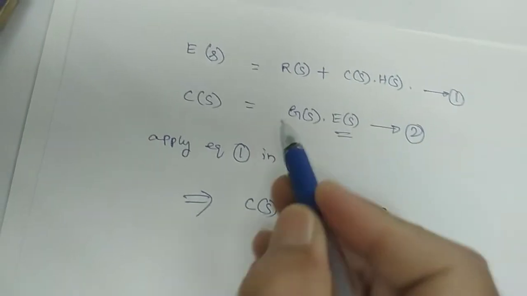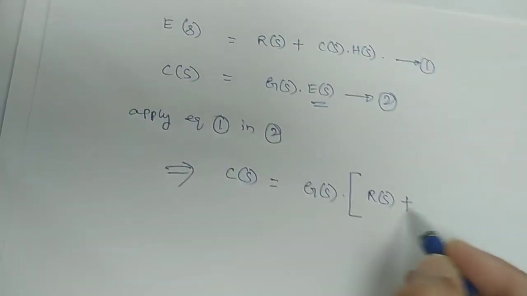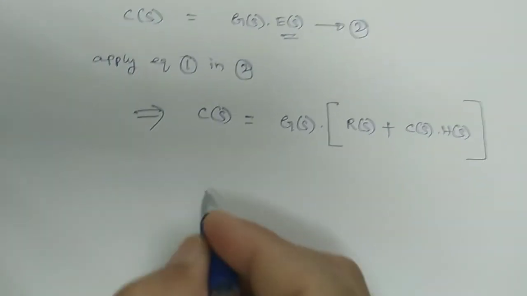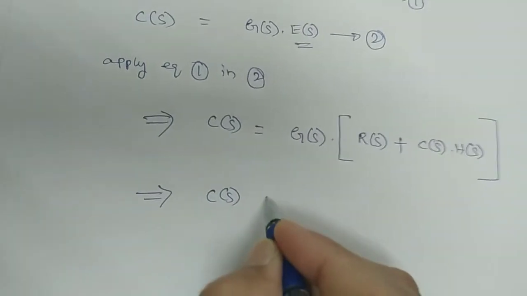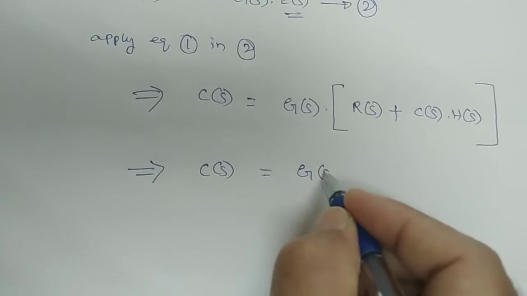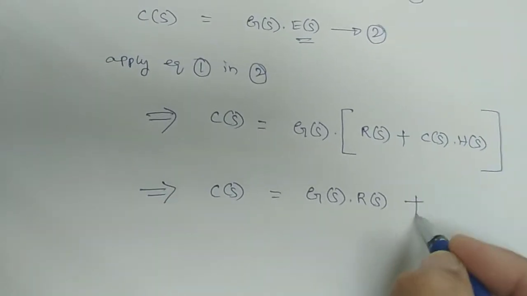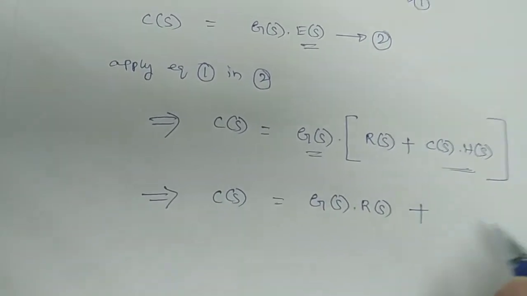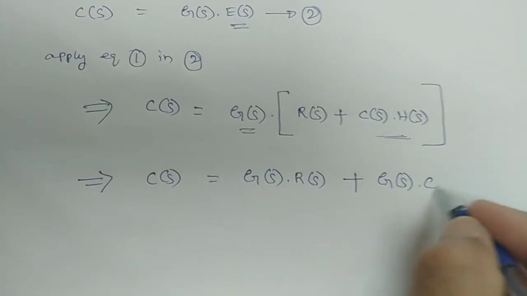In place of E of s you substitute R of s plus C of s into H of s. This implies C of s is equal to G of s into R of s, plus again multiply G of s with this one, means G of s into C of s